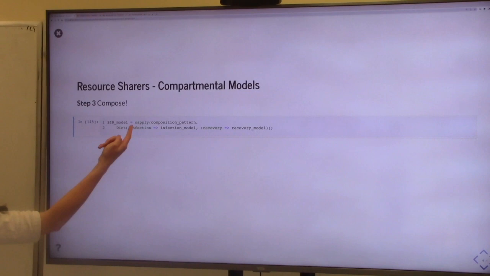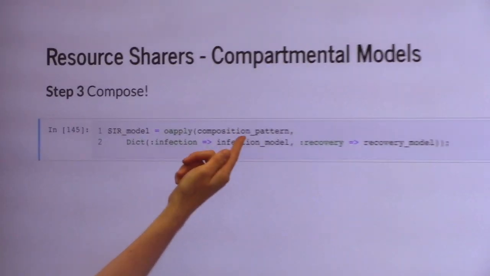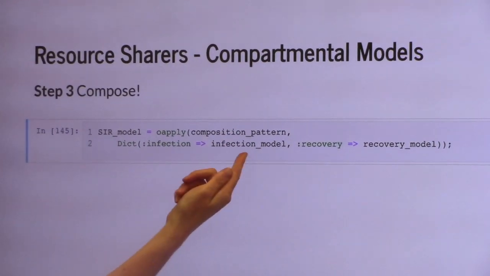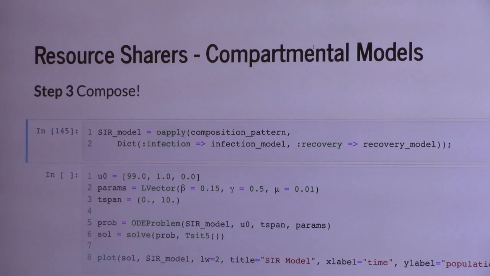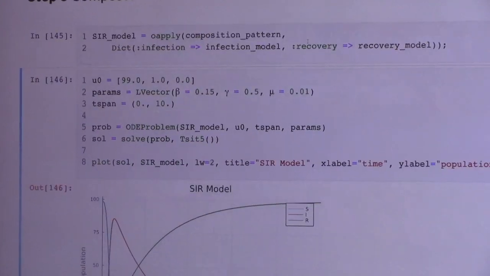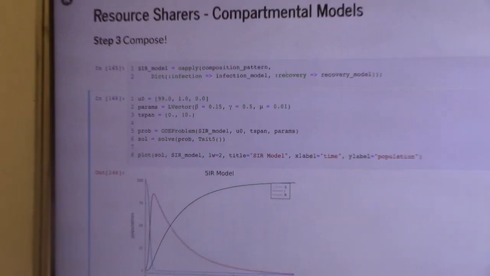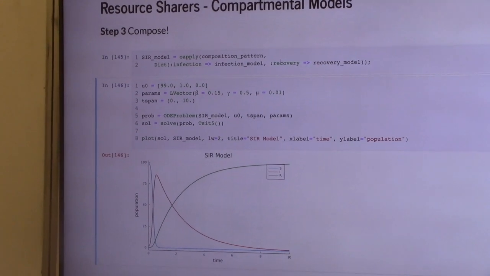I say oapply. So to the composition pattern, in the infection box, I'm going to put the infection model. In the recovery box, I'm going to put the recovery model. Seems reasonable. And then we can solve and graph it. And indeed, we get a very reasonable looking graph of the